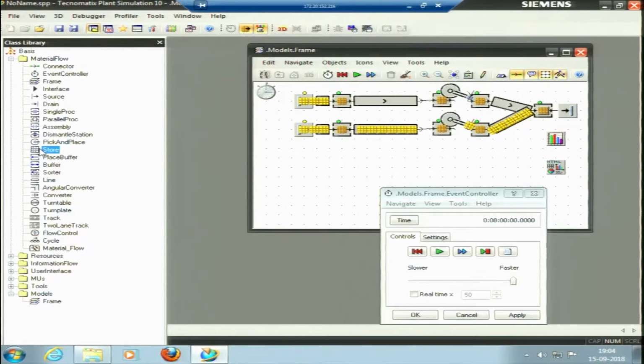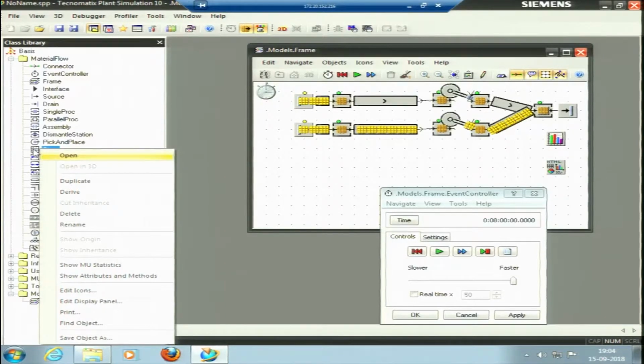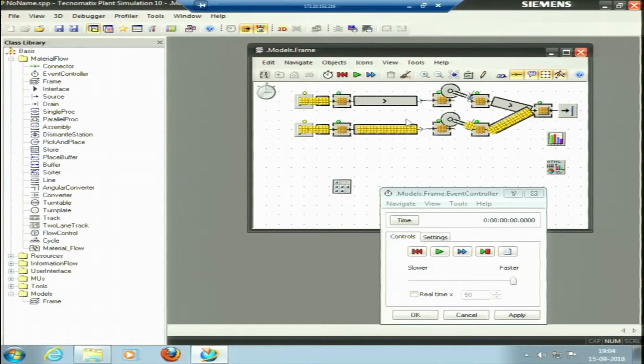You can define the size of the store by specifying its X and Y dimensions, like how many pieces, for instance. We can also add a buffer in between. For instance, if there is a big blockage of materials on one side, we can add a buffer in between so that the process doesn't have to wait. The buffer capacity could be, let me say, 100 pieces in a day. Whenever the next process is free to pick a piece, it can pick it from the buffer. So just after store, we can have place buffer and buffer.